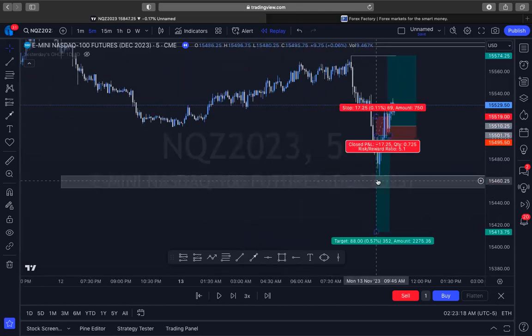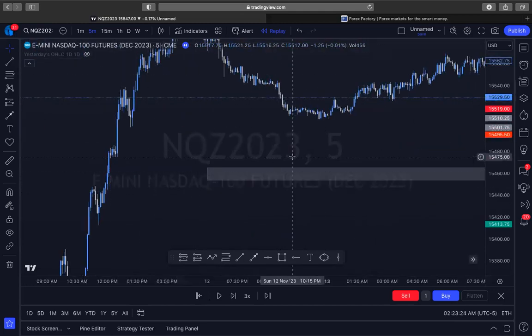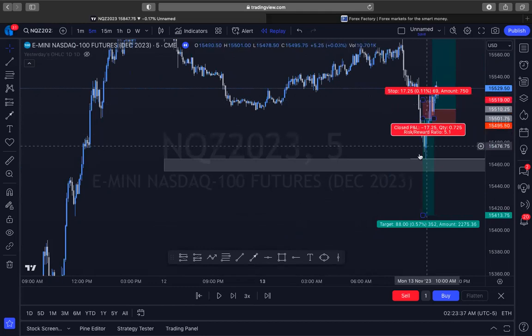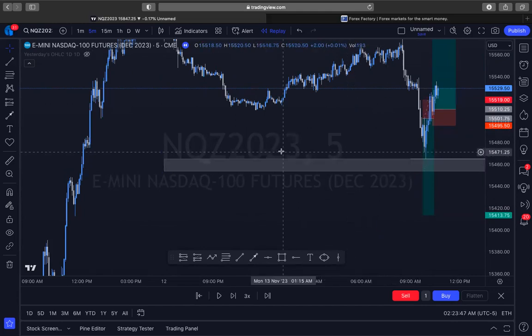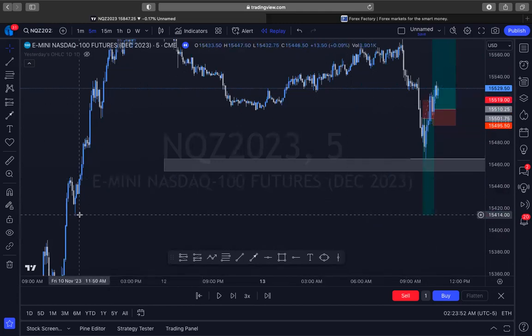And I kind of marked this up just to see where this would have played out. But what it did is it took out this low, which was extremely clean, right? It would have played out. It would have given me a 1-to-1, if not possibly a 1-to-2. But as soon as it tapped into this fair value gap, you can tell if you look at my cursor from left to right, it literally tapped right into that fair value gap, filled it, and then reversed. And that's what I was aiming for down here. But I was initially targeting this gap.